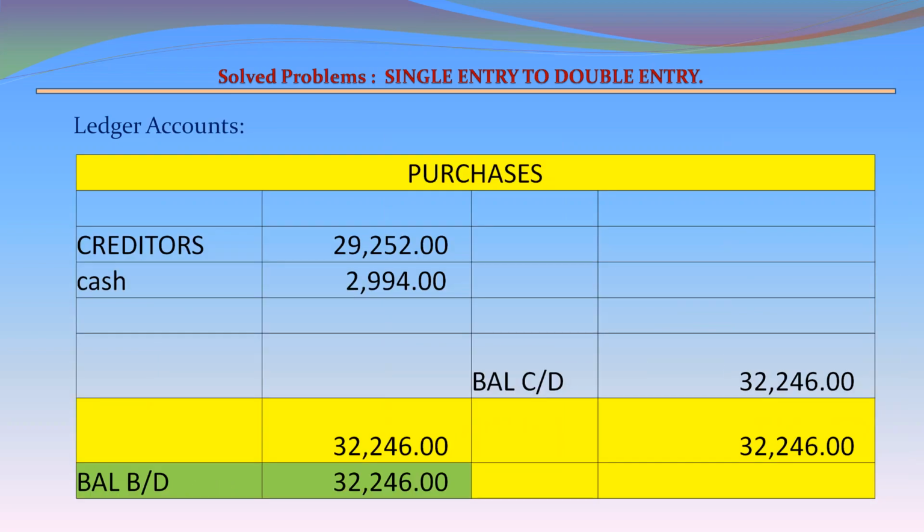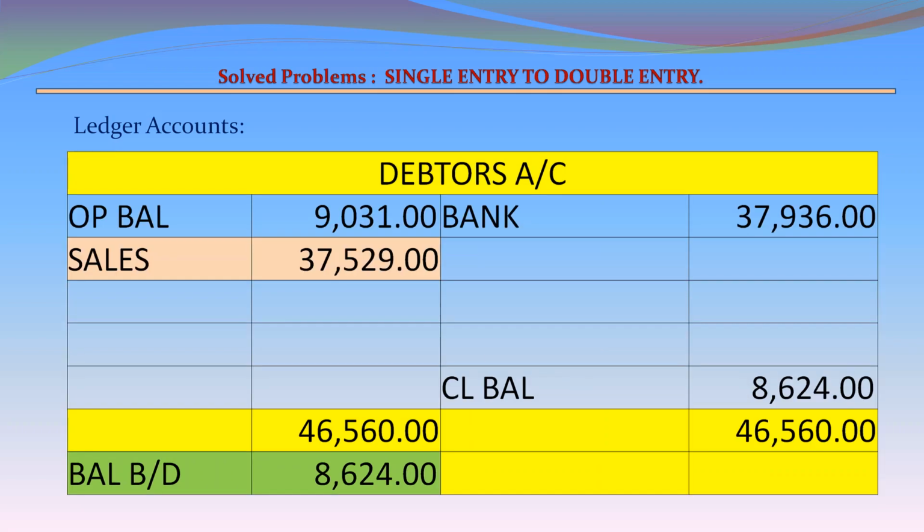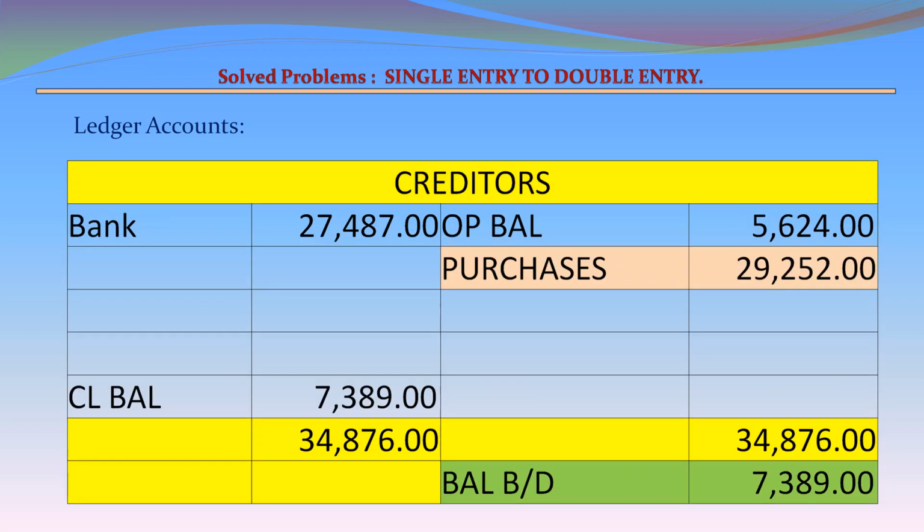Purchases account. Creditors, credit purchases 29,252, cash purchases 2,994, total purchases 32,246. Debtors account. Opening balance 9,031, bank, payment from debtors 37,936, and the closing balance is 8,624, and the balancing figure is sales 37,529. Creditors account. Opening balance 5,624 and payment made 27,487, and the closing balance is 7,389, and the balancing figure 29,252 is